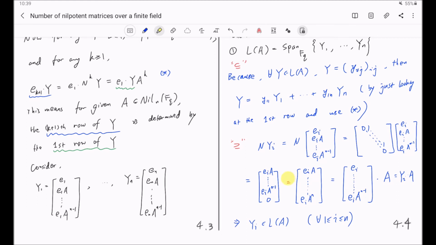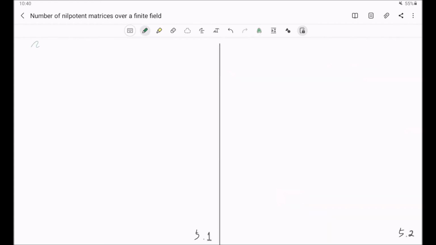But now, let me explain this equality in case you get confused. We only know that A is a nilpotent matrix, which means that A raised to some power will vanish. But how do we know that A raised to the power n will vanish? And I will explain this below. So the question is, why is A raised to the power n equal to 0, where A is a nilpotent matrix? One way to see this is by looking at the Jordan decomposition of A in the algebraic closure of F_q. In this algebraic closure,